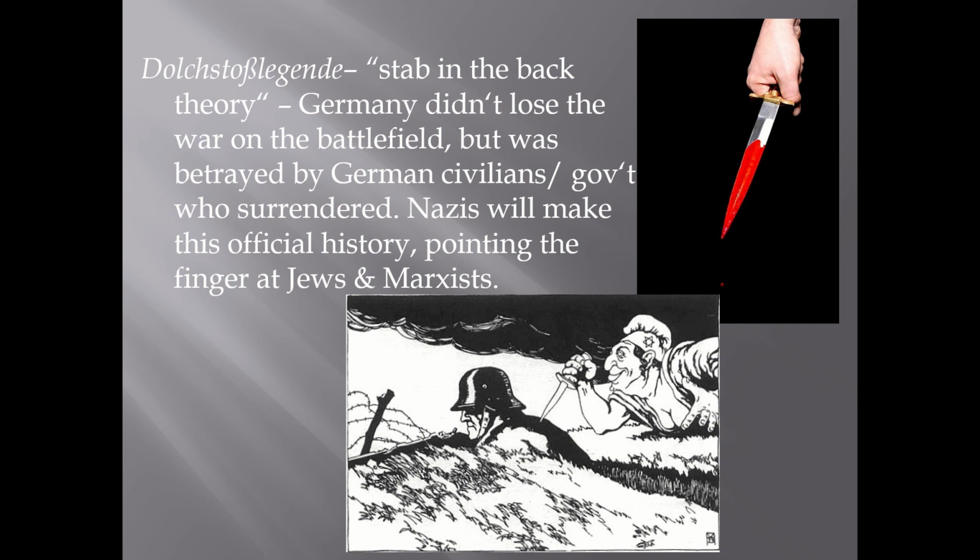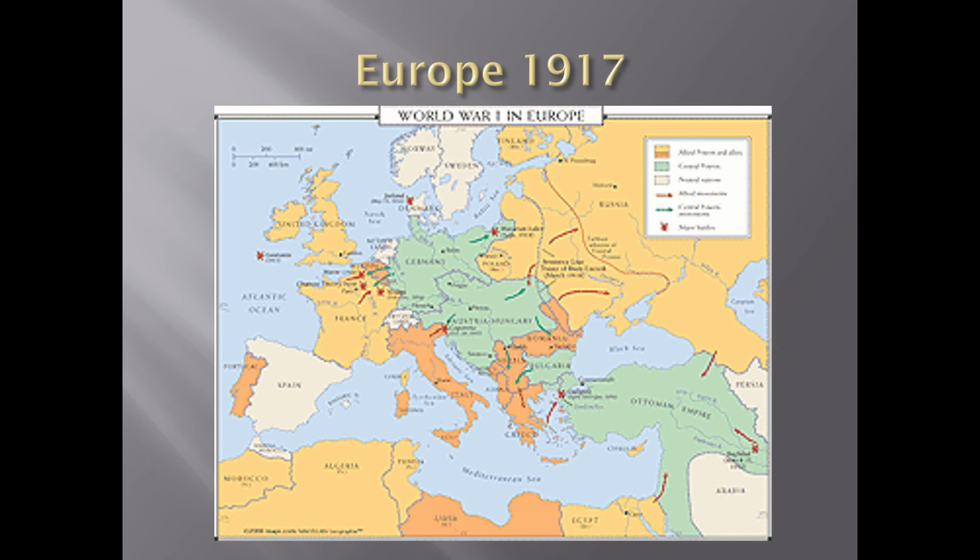And Jews will often be accused of being Marxists, which really makes no sense because Jews are also accused of being wealthy and controlling the world through controlling the banking system. And if you know anything about communism, communists hate big banks and wealthy people and big systems like that. So having people be accused of doing both at the same time, being super wealthy and also hating the super wealthy, makes absolutely no sense. But racism generally doesn't make any sense. So, okay, anyway, that idea, the Dolchstoßlegende, is gonna come back up when we start talking about the rise of the Nazis.